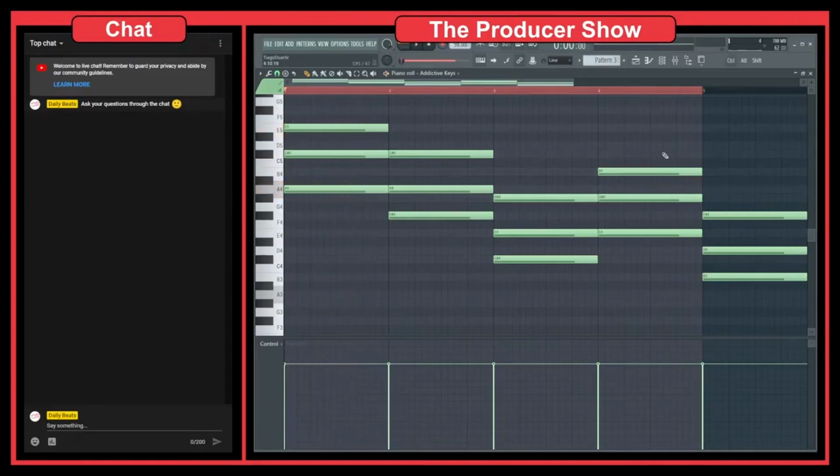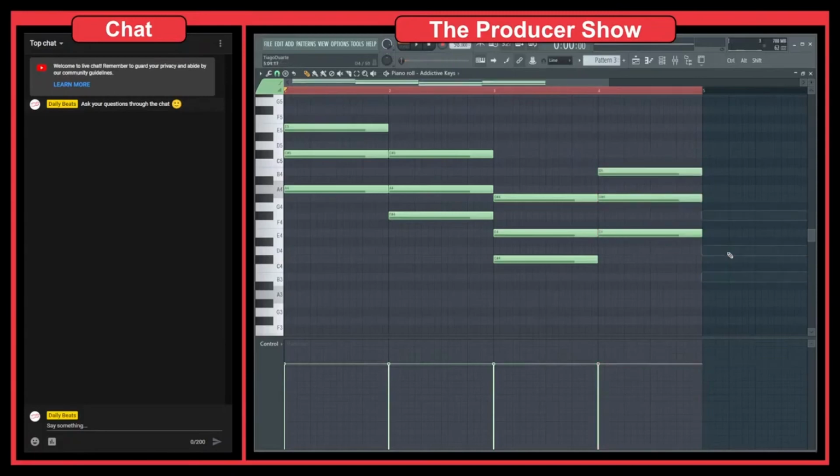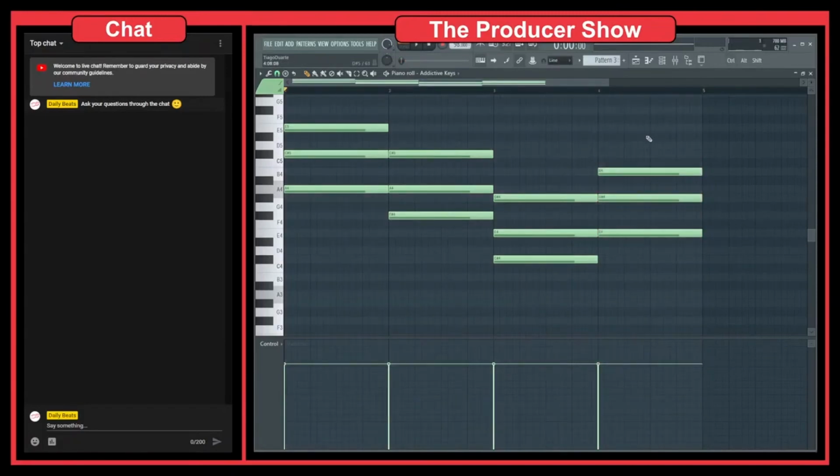I personally think this one sounds a little bit more pleasant than the minor one. So I'm going to delete the minor one. And then it's all about, I would say, if you are a beginner and you are starting out, a way to make nice chord progressions will be something like this. Experimentation is always key. You should always try to experiment and always try to get a better feeling for